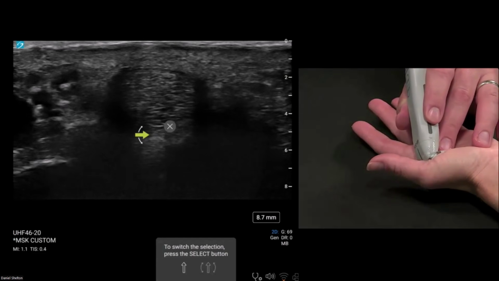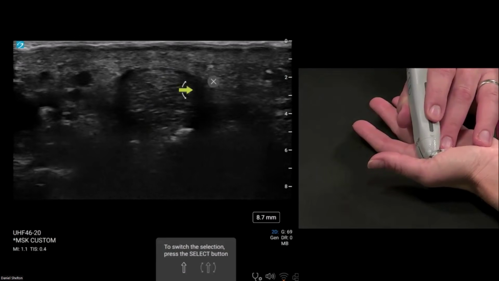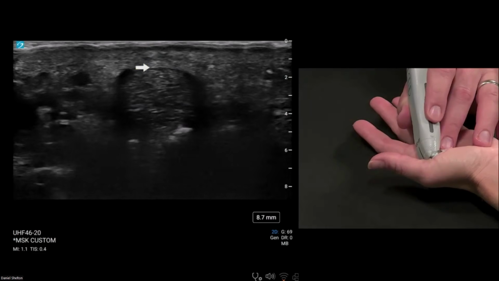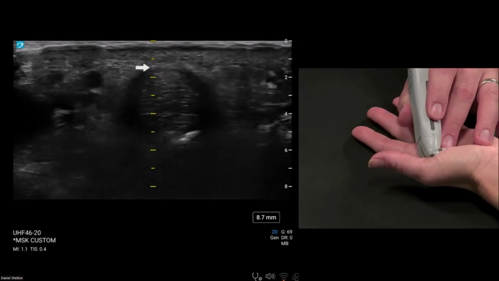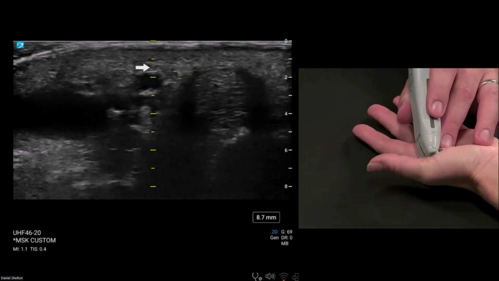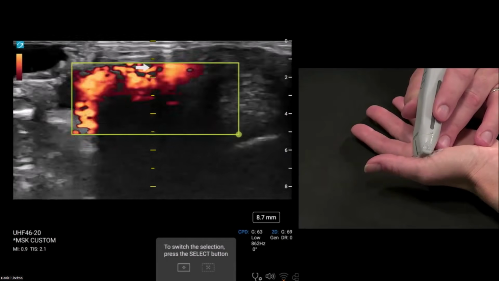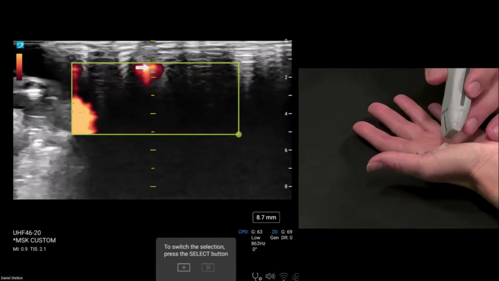But you would start with your needle out of plane, shallow, avoiding the sides. Probably want to land a center mark down the middle of the screen, avoiding neurovascular structures. So always wanting to put the color down first before you go in with any procedures. So you have nerves on each side, arteries.